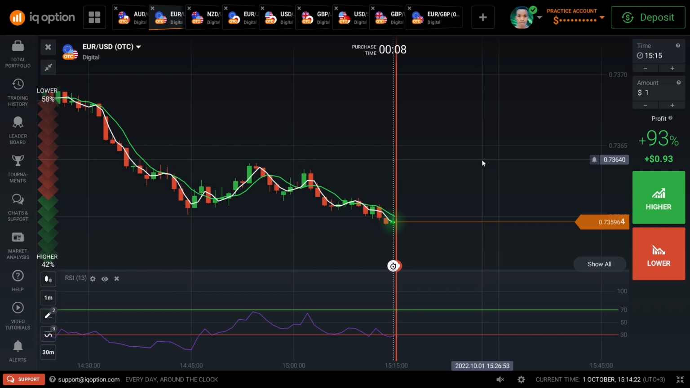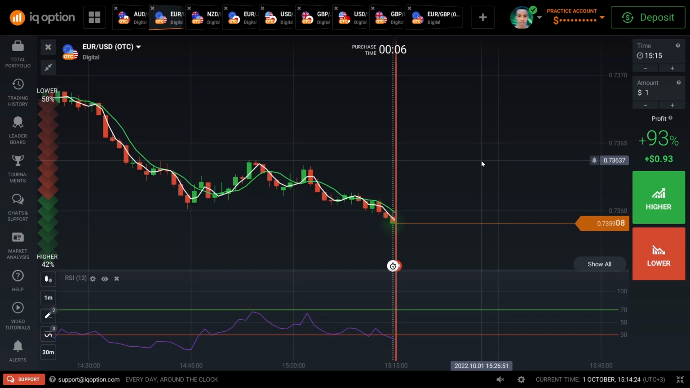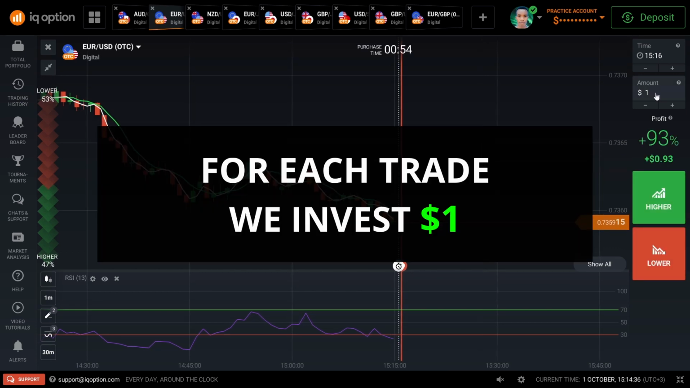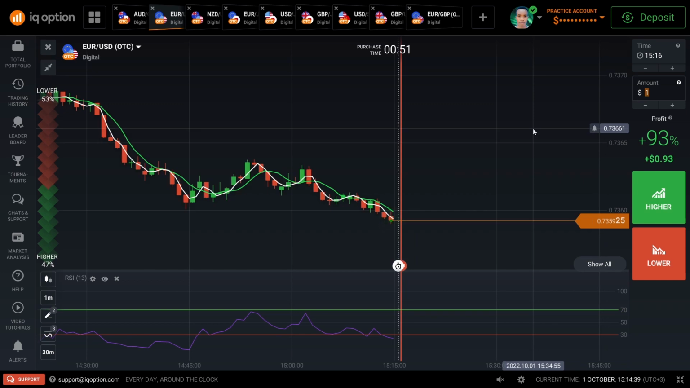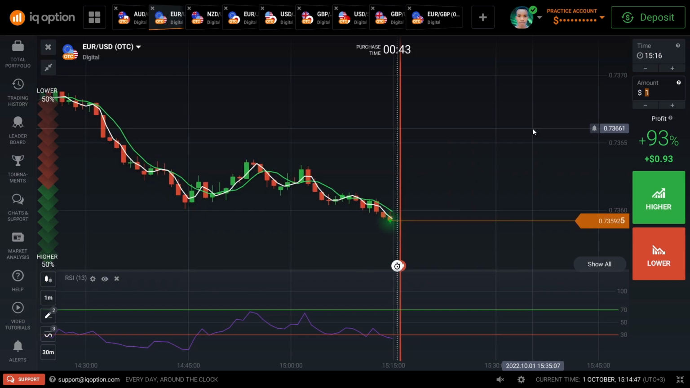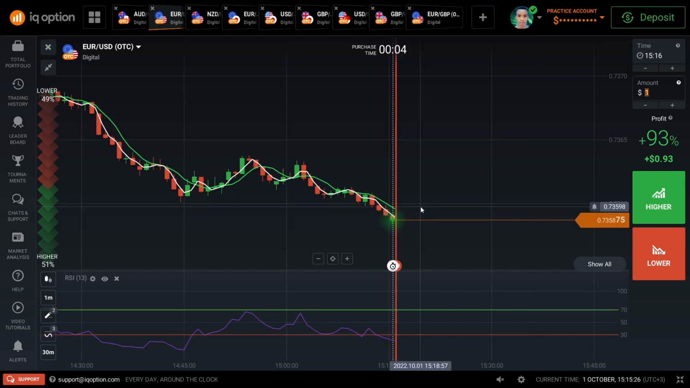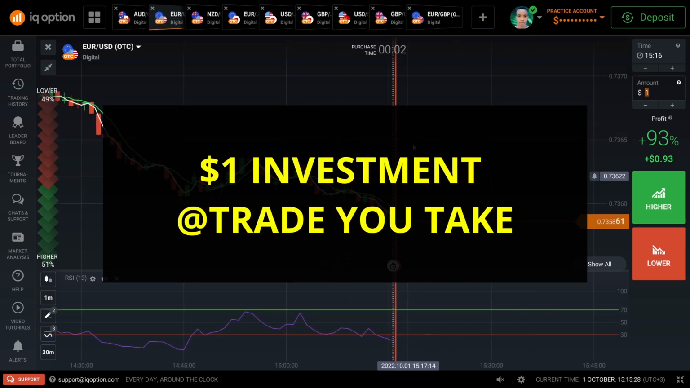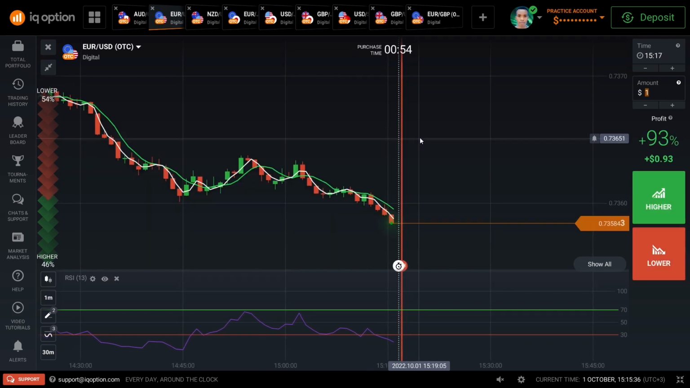Let's say you have a $10 balance in your account and you want to turn $10 into $100. How should you do this? We are just going to apply a $1 investment, okay? And we are just going to take an average of 5 trades in a day, okay? And this will be simple because most option traders lose most of their money because they overtrade. If you invest $1 and you take a minimum of 5 trades a day, and let's say the